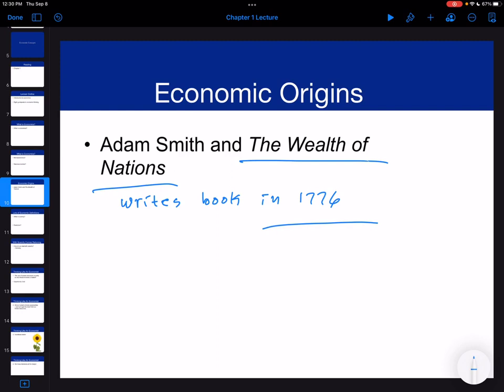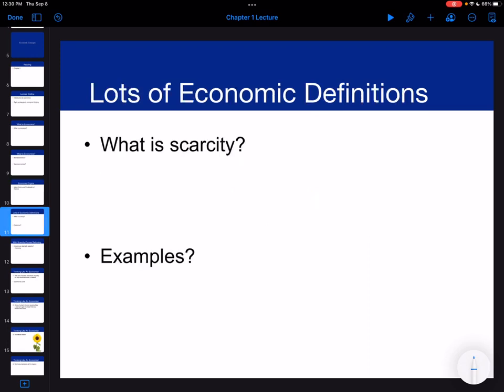Now, some of you might be chuckling at this point. 1776 is also when the Revolutionary War started, the Declaration of Independence for the United States. So fine, we in economics will say, okay, maybe that was the bigger event that year, but the second biggest event next to the American Revolution and the Declaration of Independence was Adam Smith writing The Wealth of Nations and beginning the field and the study of economics.